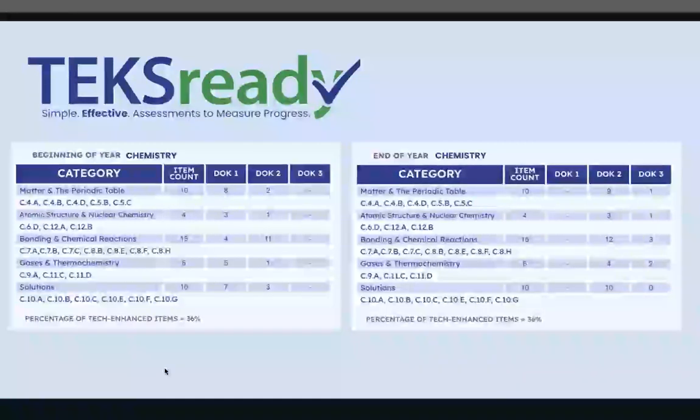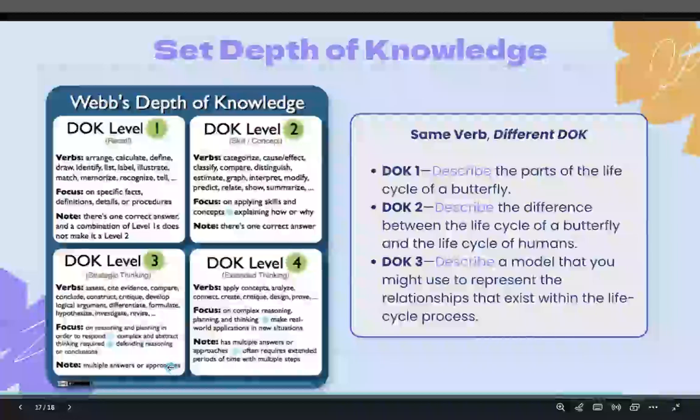But there are obviously still some local decisions that have to be made around these and what fits your scope and sequence, what fits your current assessment program. And so let us help. Please ask questions. Reach out to us, and we would love to be thought partners with you as we continue to refine these and get these to be really great resources for you. So that's a little bit about TEKSready,